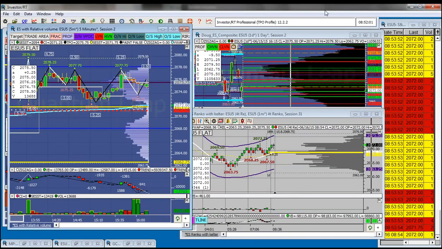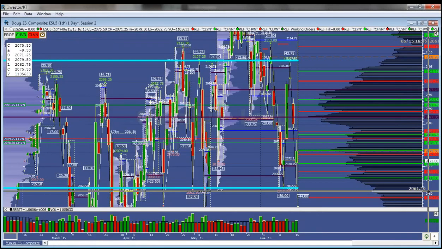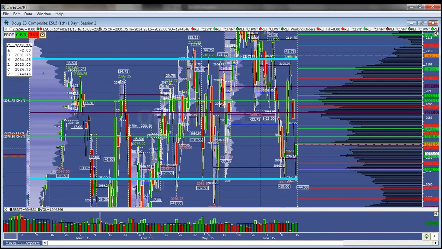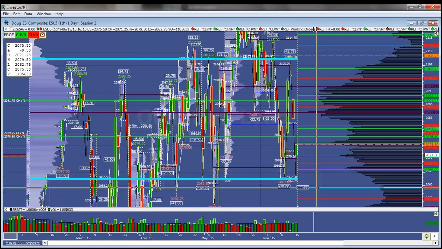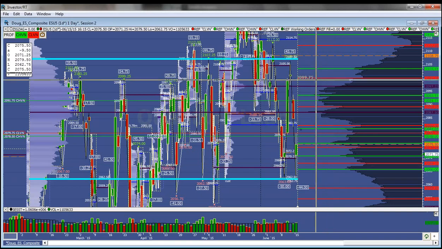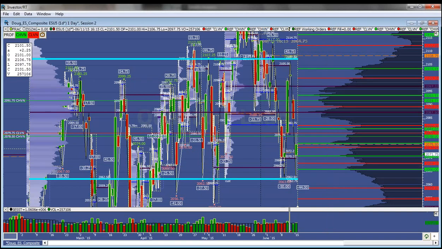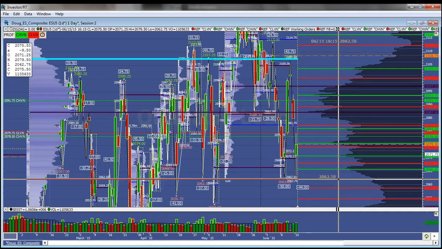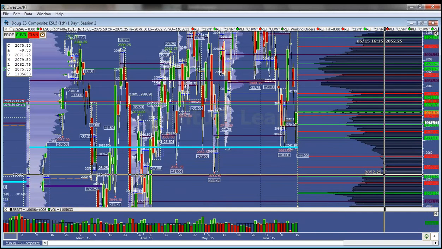Okay, so let's take a look at the structure, and then we'll start moving our numbers over. You can see that this is the microcomposite I'm talking about. This balance that we've been in starts from February the 5th through to yesterday. The value area low and the key level I'm watching now is this 2062.50. But you can see there's been some very big fluctuations in this area, and they're holding value. If they break value, then all bets are off, and my next big target below is 51.50,